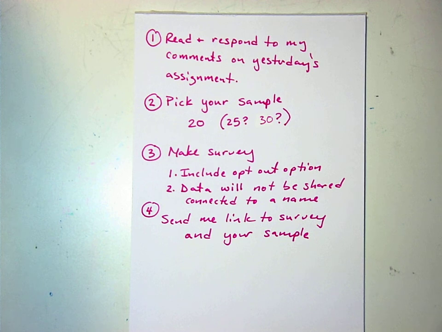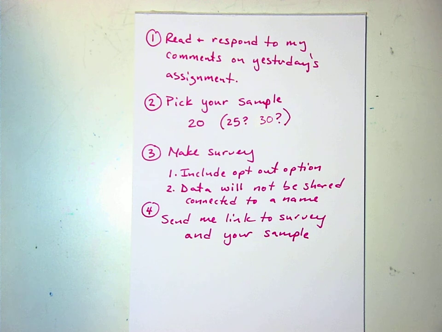You have to include an opt-out option. So you can't just send them a survey that has one question in it, which is your question. You have to first say, I'm doing a survey, or I'm doing a hypothesis test for Miss Nussbaum's AP Stats class. Do not tell them what your hypothesis is, because that could affect what they say. As in like the percent that you're guessing or the mean that you're guessing. Instead, you just need to say, are you willing to answer a question for my stats class?